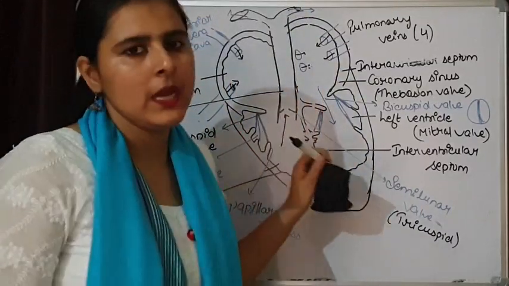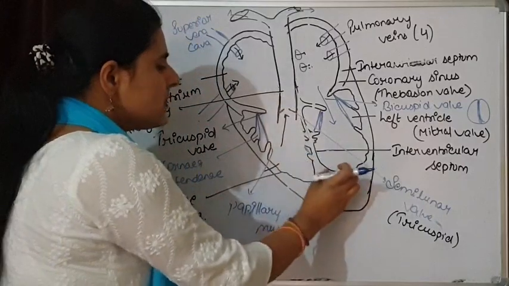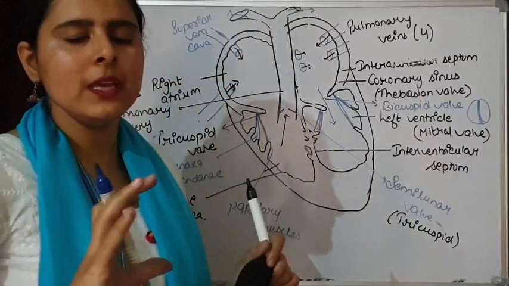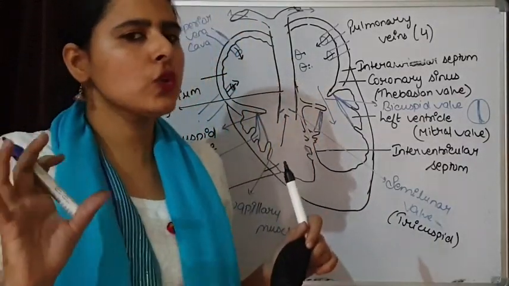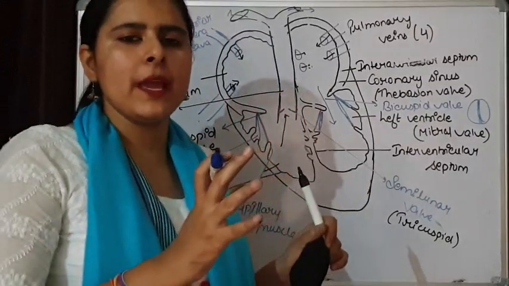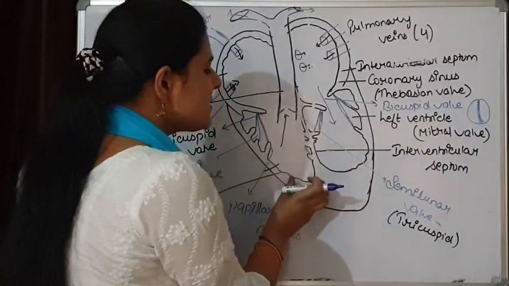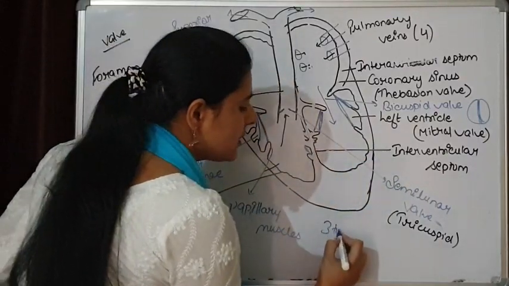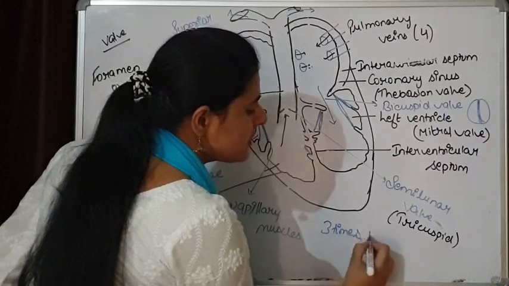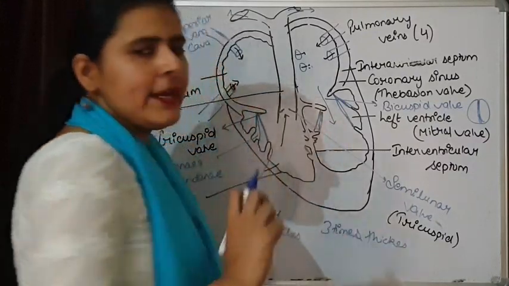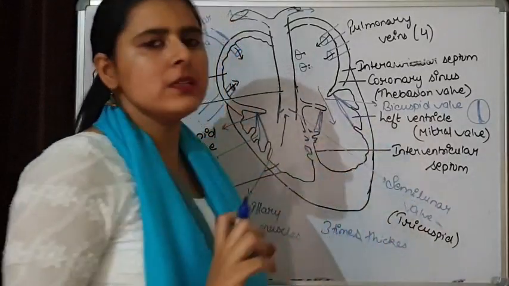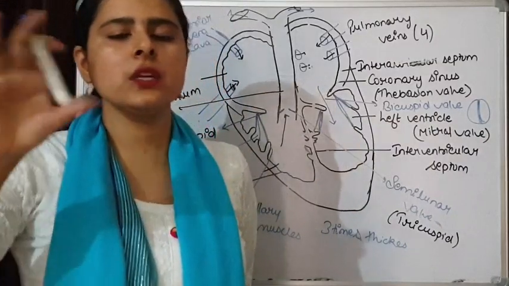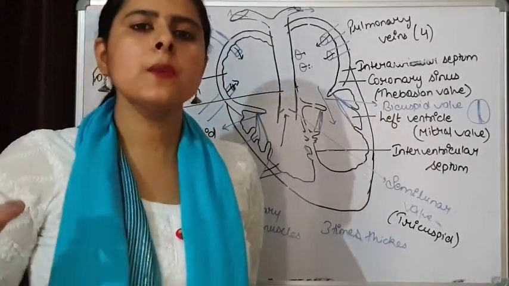If we see the thickness of left and right ventricle, here the right ventricle has to pump the blood to lungs only, and lungs are present near to the heart. So not much pressure is required for the supply of blood to the lungs. So its thickness is very less. While this left ventricle, the walls are 3 times thicker than the right ventricle, because this left ventricle is responsible for the supply of blood to the aorta, and aorta is going to carry this blood to all the parts of the body.